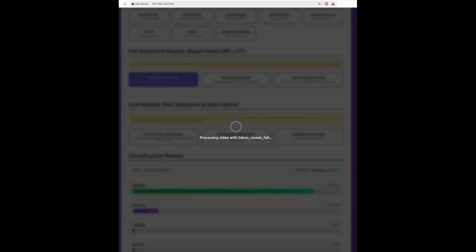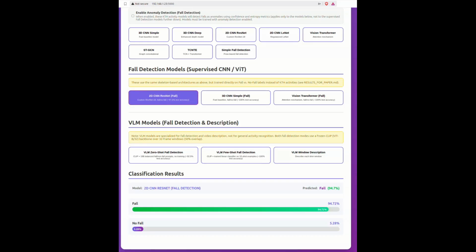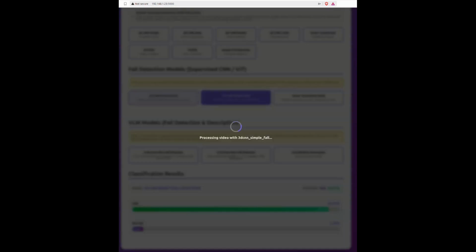Non-fault is considered from the KTH dataset, and for fault we have some fault samples for training the model, because without having, for example, non-fault samples, the training is not complete. So you see the model detects the fault properly with 94% accuracy,